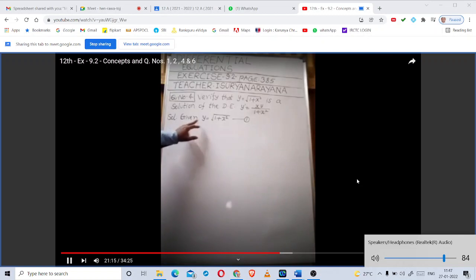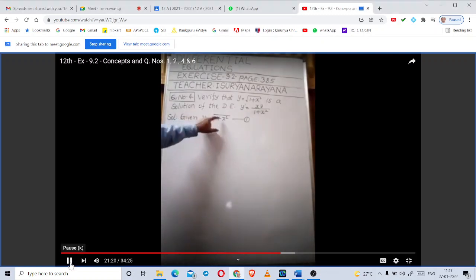Function will be given and differential equation is also will be given. We have to verify that the given function is a solution of the differential equation or not. Yes or no, children, we follow the same steps. Here also, come to the solution part. y is equal to square root of 1 plus x square. Let us consider